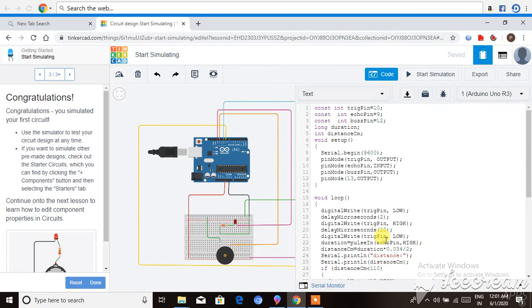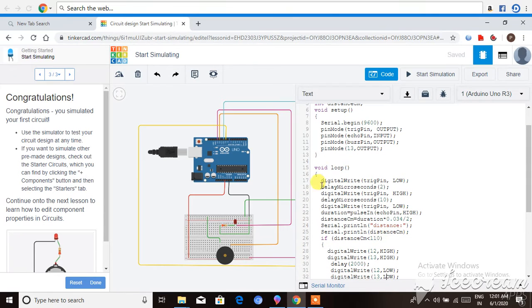So in void loop we used to calculate duration, means we had to calculate time. For this we use the pulseIn function where echo pin is at high. After calculating distance from echo pin, a sound wave from the ultrasonic sensor is transmitted, and whenever it faces an object or obstacle, it will reflect a ray back to the receiver. In this way, duration is calculated.